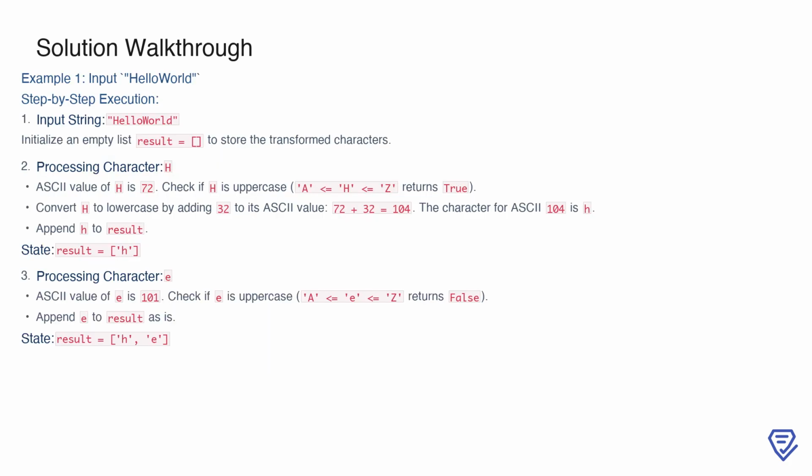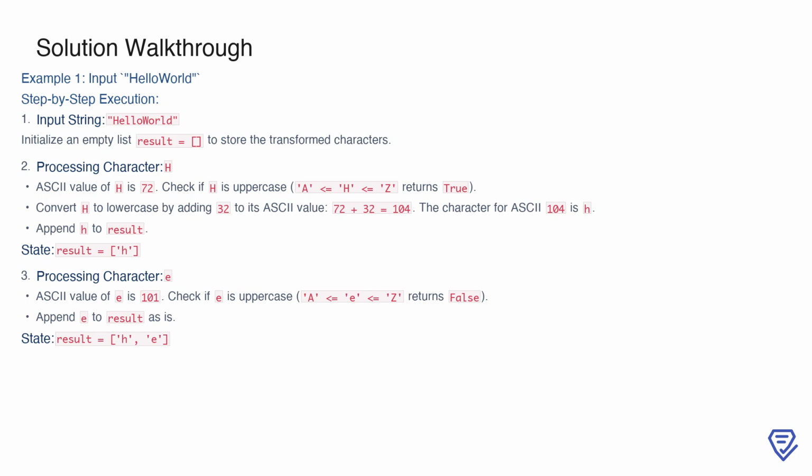To begin solving the problem, we are given an input string, in this case, Hello World. The first step is to initialize an empty list called result, which will be used to store the transformed characters. Now, looking at the first character, H, we determine its ASCII value, which is 72. Since H falls within the range of uppercase letters, we convert it to lowercase by adding 32 to its ASCII value, resulting in 104. The character corresponding to this new value is h, which we then add to the result